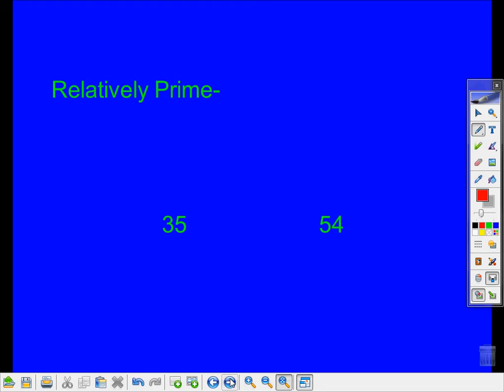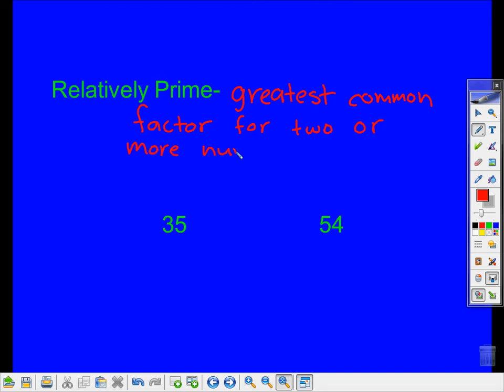Relatively prime. Relatively prime is when two numbers' greatest common factor, or the greatest common factor for 2 or more numbers, is 1. Okay? So two numbers are relatively prime when its greatest common factor is only